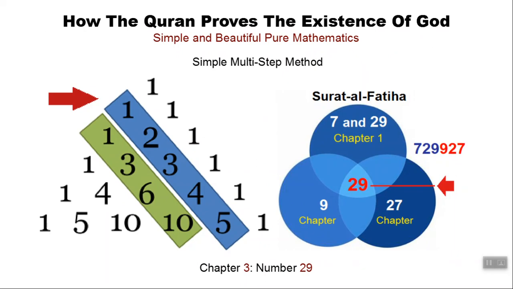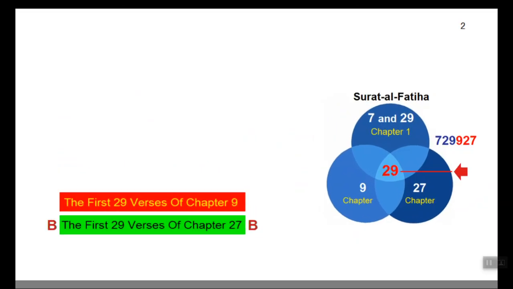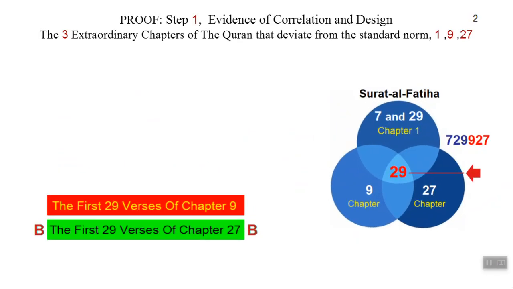In this work, the Quran will prove the existence of God for those who reflect. And this is how. In step 1 of the proof, evidence of correlation and design,